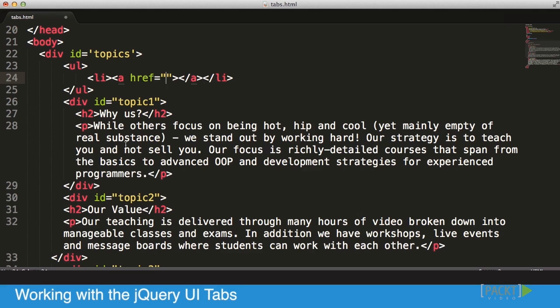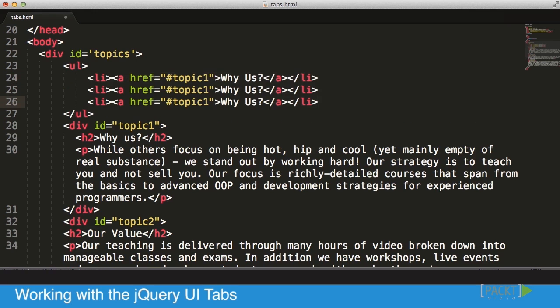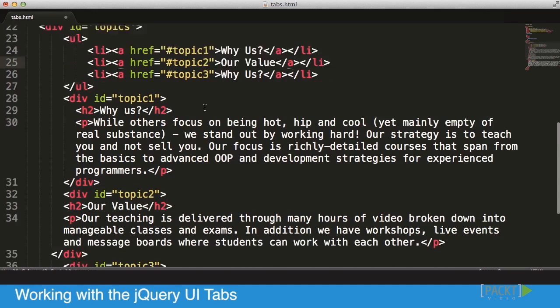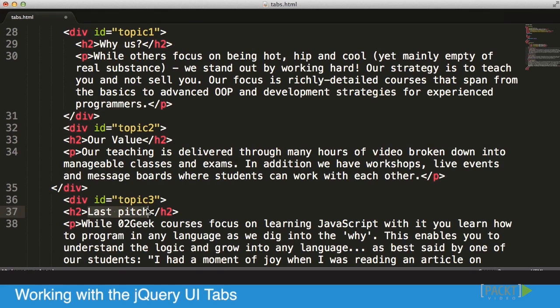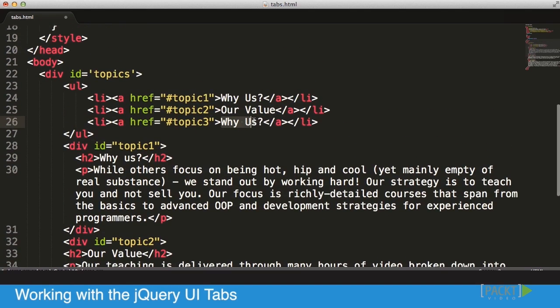Now, in the links themselves, because we're referring to internal elements, I'm going to start with a hashtag and then the ID of whatever area that I want to link to, such as topic 1. I'll also give it a title, such as Why Us. And I'm just going to duplicate this process a couple of times for the next two items that we have. So we have our topic 2 and topic 3. I'm just going to grab that our value is number 2 and fill the information up. And in our last one, our last pitch, we will find that as well and add that into our third step here. And literally, we created everything we need to do from the HTML's perspective to create a completely valid